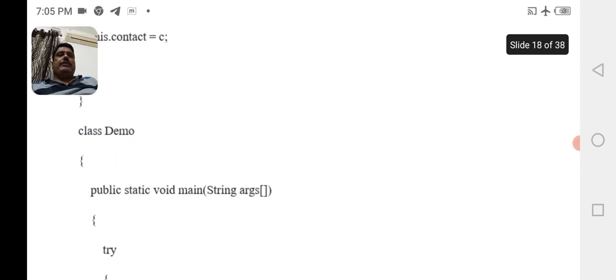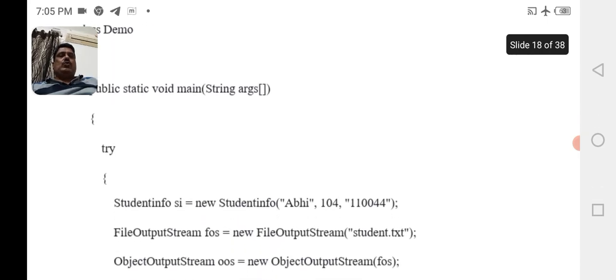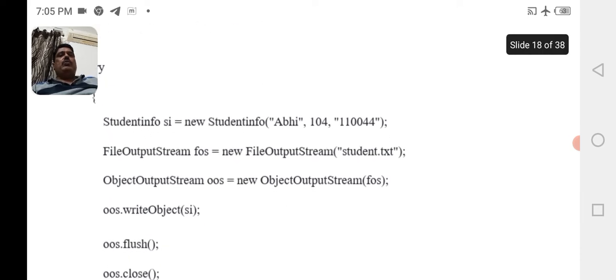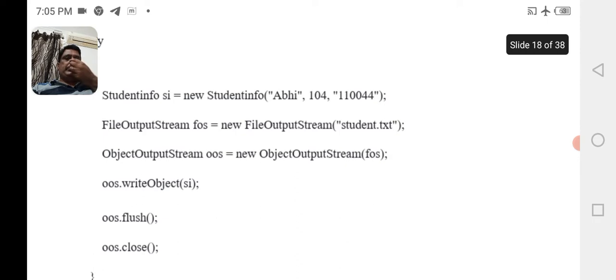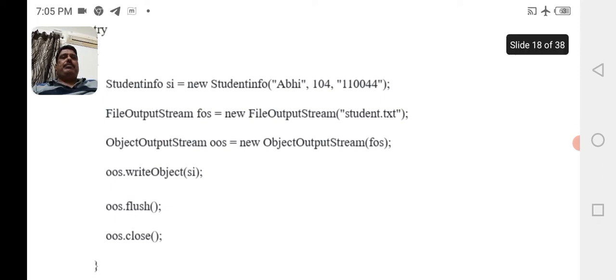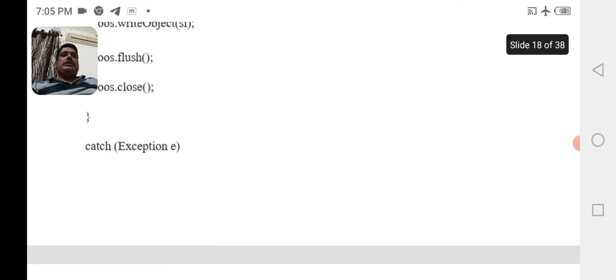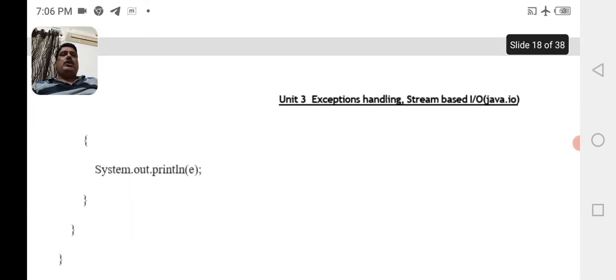class Demo, public static void main(String[] args) { try { StudentInfo si = new StudentInfo("Abhi", 104, "110044"); FileOutputStream fos = new FileOutputStream("student.txt"); ObjectOutputStream oos = new ObjectOutputStream(fos); oos.writeObject(si); oos.flush(); oos.close(); } catch (Exception e) { System.out.println(e);